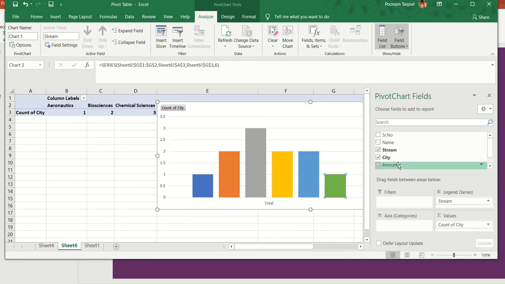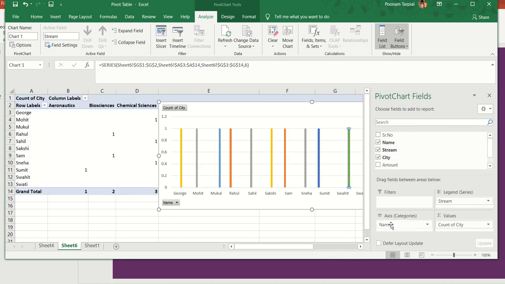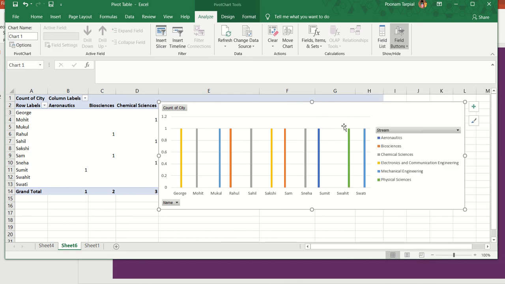And what I can do is I can put the name over here in the axis. Okay, I'll put the name in the axis. I have stream that I put in the legend field, and then I have the city, the count of the city over here. Okay, now let's quickly understand how this table goes about. Now this is the pivot table which has been generated, and this is the legend, people. The legend is the detail which is clearly making you understand how things are going. So here the color information is given, where every color stands for a particular stream altogether. And then you can see on the axis we have the names of the candidates altogether.